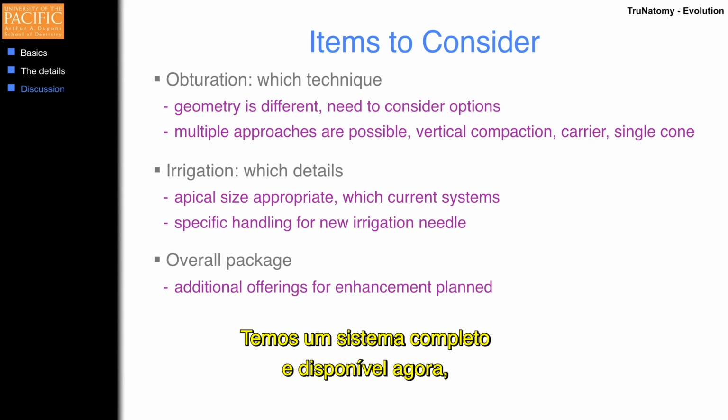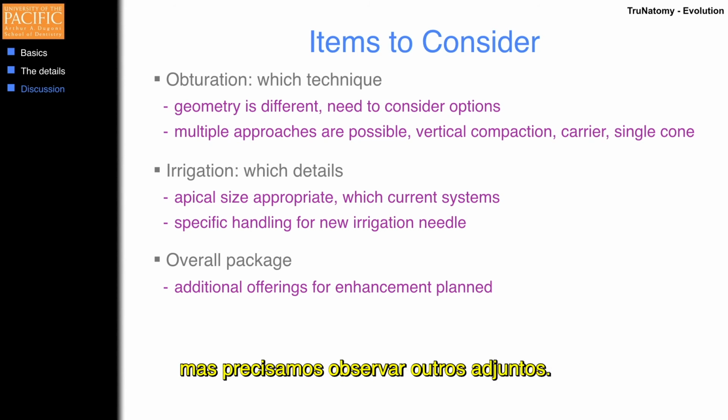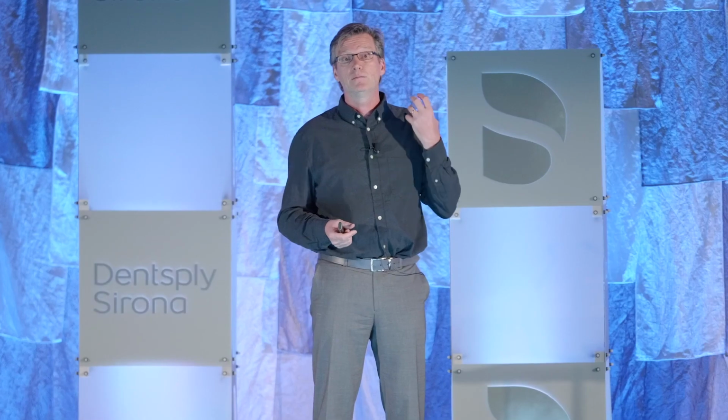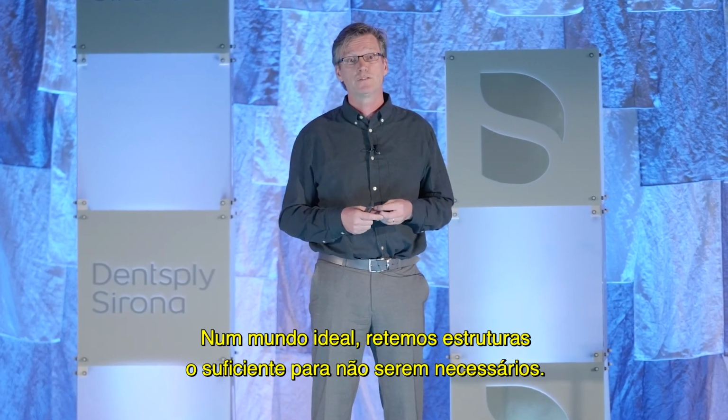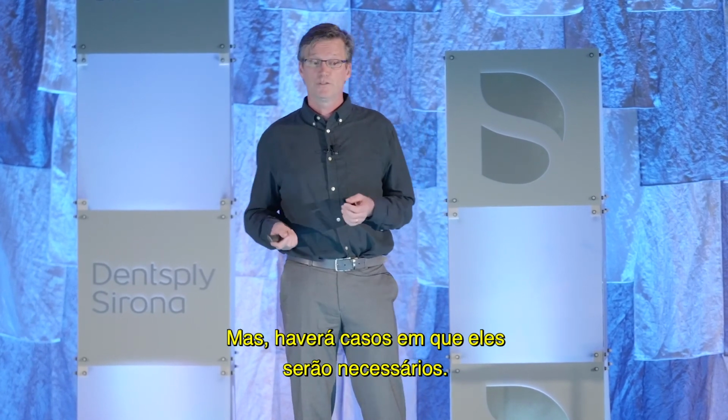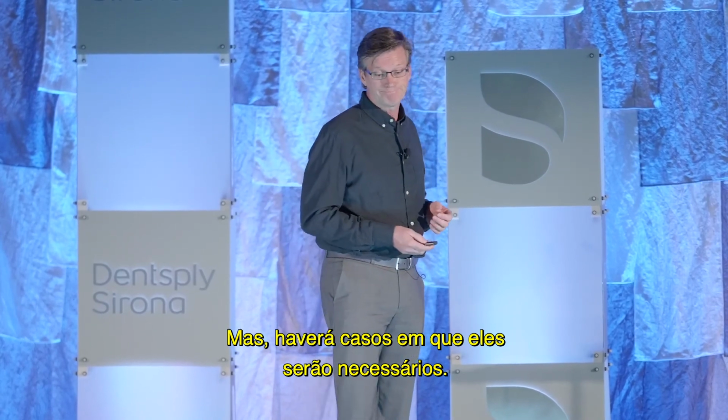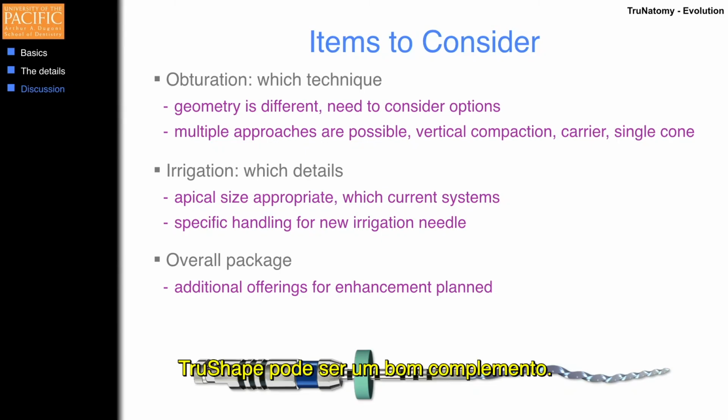Right now, we have a complete system at launch, but we need to take a look at other adjuncts as we go. And I had a question the other day, well, how about posts, right? In the ideal world, we retained enough structure so that we don't need a post. But there will be cases where a post will be needed, so I have to look at that. And as I mentioned, TRUShape may be a good adjunct. So, as a parting thought,